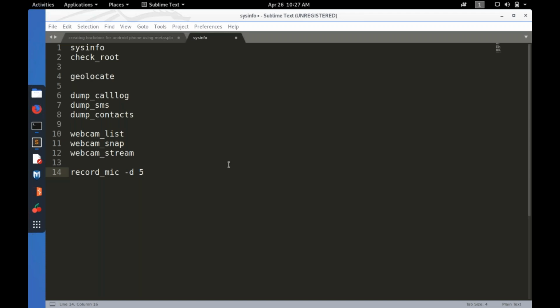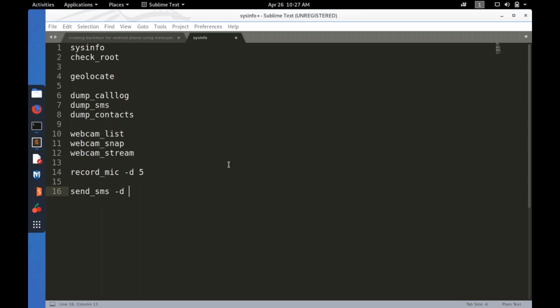If you want to see some more commands that you can run, you can always go inside the session and give a question mark to get the help related to the other different commands which you can run inside that. There's one more command that you can use, that is send_sms